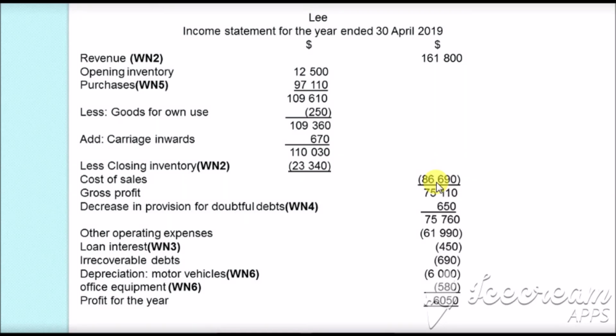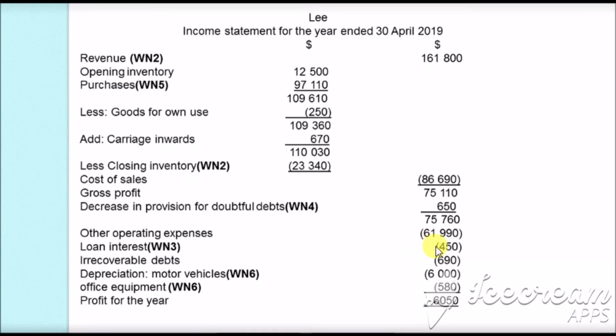When we subtract the cost of sales from the revenue, we will get the gross profit as $75,110. Then to this we will add the decrease in the provision for doubtful debts, which was calculated in the fourth working notes as $650. We will get $75,760. Then the other expenses which were given will be subtracted, and the other expenses were